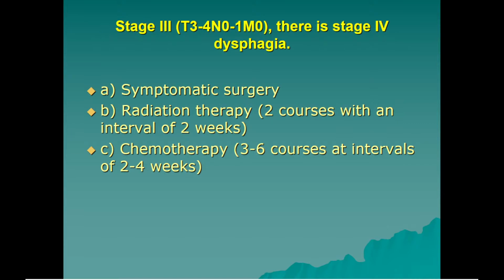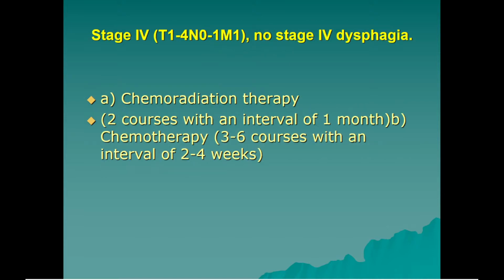Stage 3, with stage 4 dysphagia, symptomatic surgery, radiation therapy, 2 courses with an interval of 2 weeks, chemotherapy, 3 to 6 courses at intervals of 2 to 4 weeks. Stage 4, no stage 4 dysphagia, chemoradiation therapy, 2 courses with an interval of 1 month,